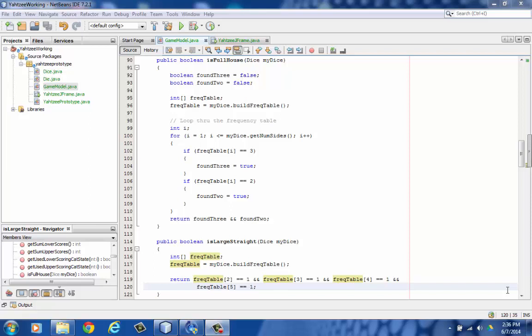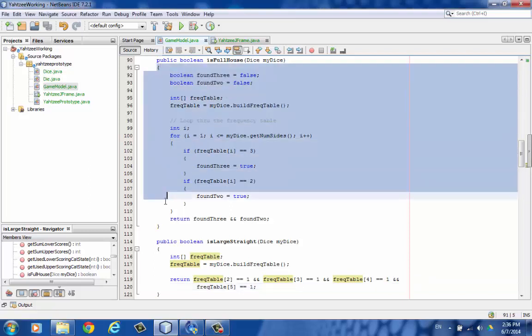So here we're going to finish up with the lower scoring categories. The last one we need to do is small straight. So we're looking here in the game model, and I'm looking to see which one would be most appropriate to copy from for small straight. You'd think it would be large straight, but really what we need is something a little bit fancier, kind of like full house. So again, we're just going to borrow the insides of this